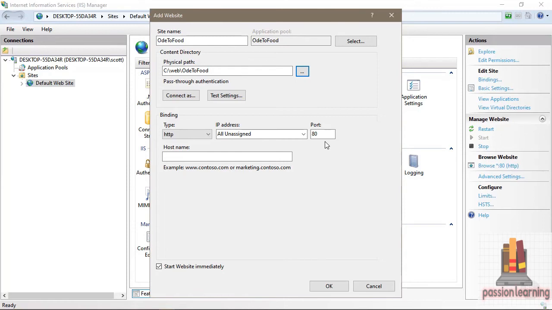So again, if I already had a website on port 80, I would either need to change the IP address that this website responds to, or provide a host name, or change the type. So I could bind HTTP to one website and HTTPS to another one, but we're just going to use regular HTTP traffic. And before I press OK, I just want to point out that IIS is going to create a